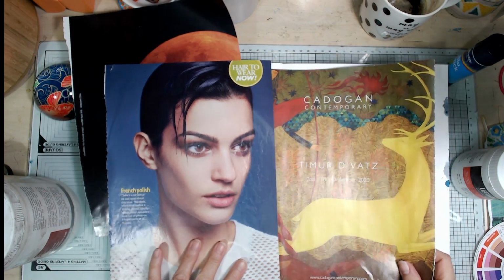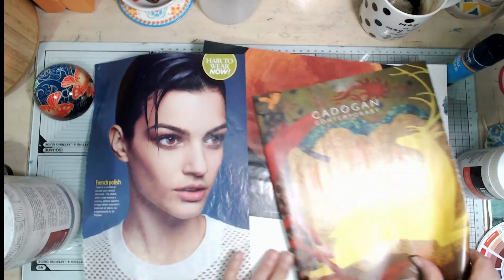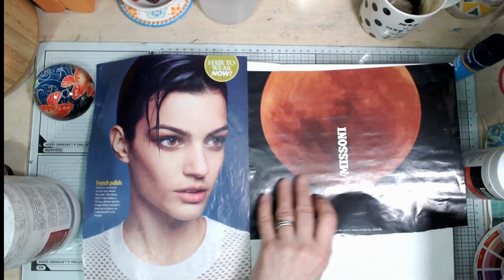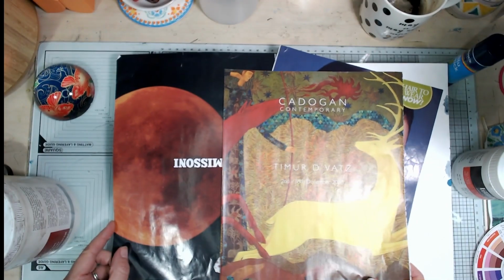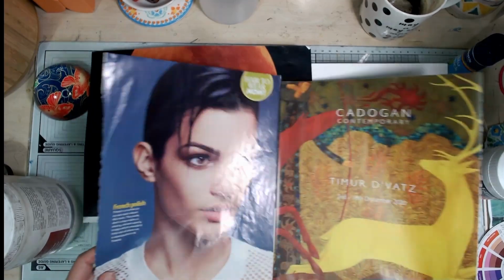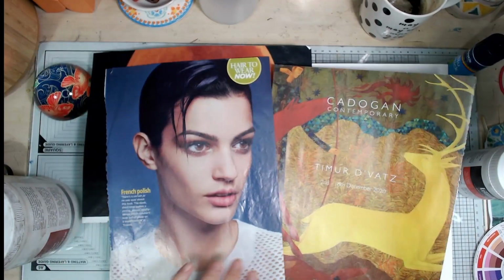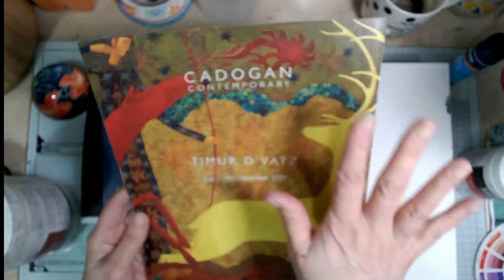Yeah, so I think a strong looking character like this with the moon, this is a blood moon. I don't know which way up it's supposed to be, but I'm not going to worry about it. It's going to go whichever way up I fancy. And I love this. It looks like a tapestry, doesn't it? This is obviously advertising someone's